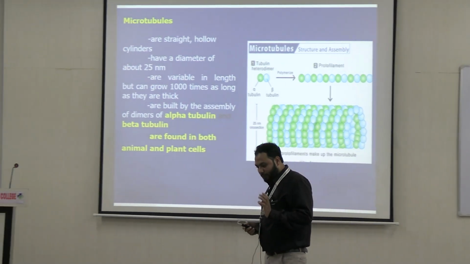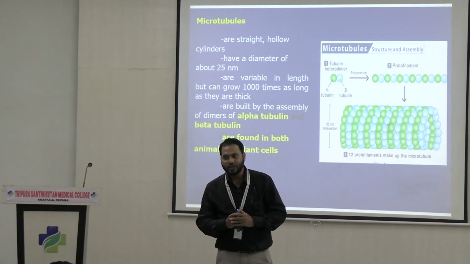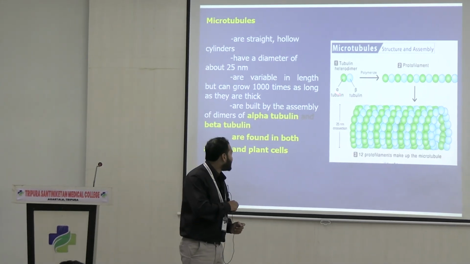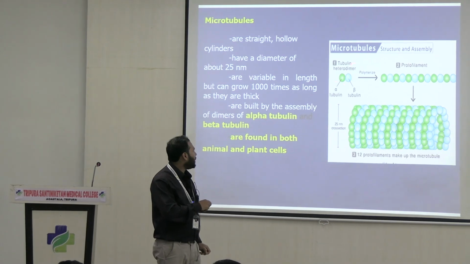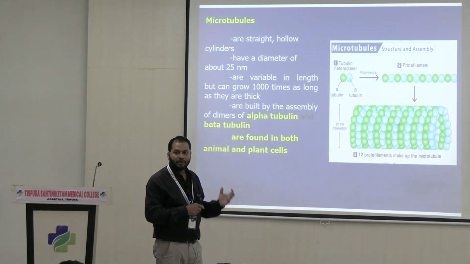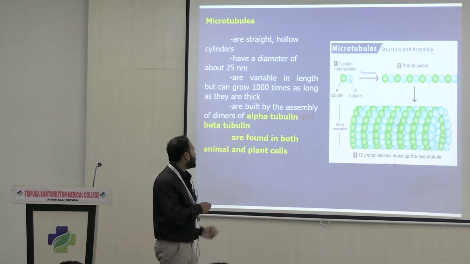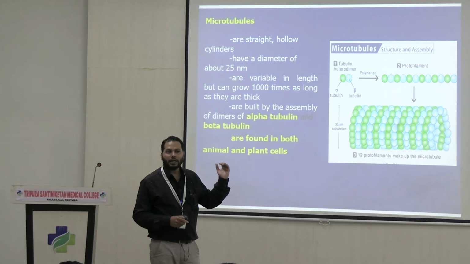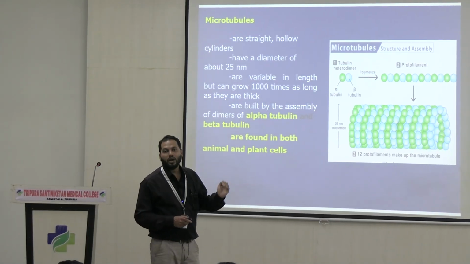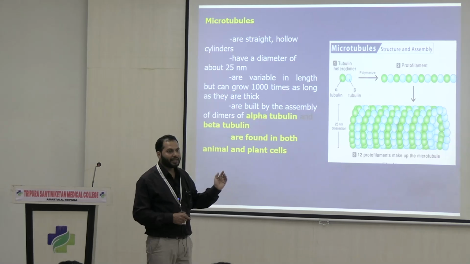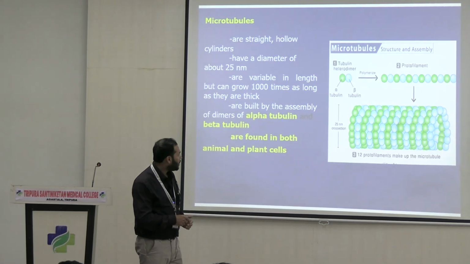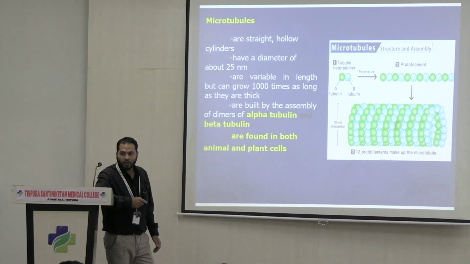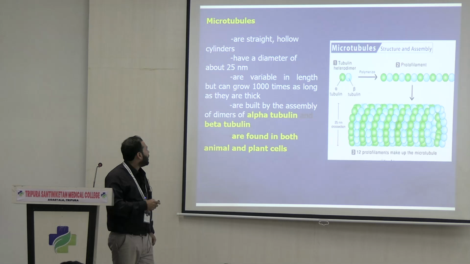Here, the microtubule structure is basically a cylinder-shaped structure. It contains a lumen, right? You can see here, this is alpha-tubulin and beta-tubulin. They form a dimer first, and during the formation of the protofilaments, the tubulin molecules attach to one another and form a protofilament, right? So here, the diameter of this microtubule molecule is around 25 nanometers, and at the